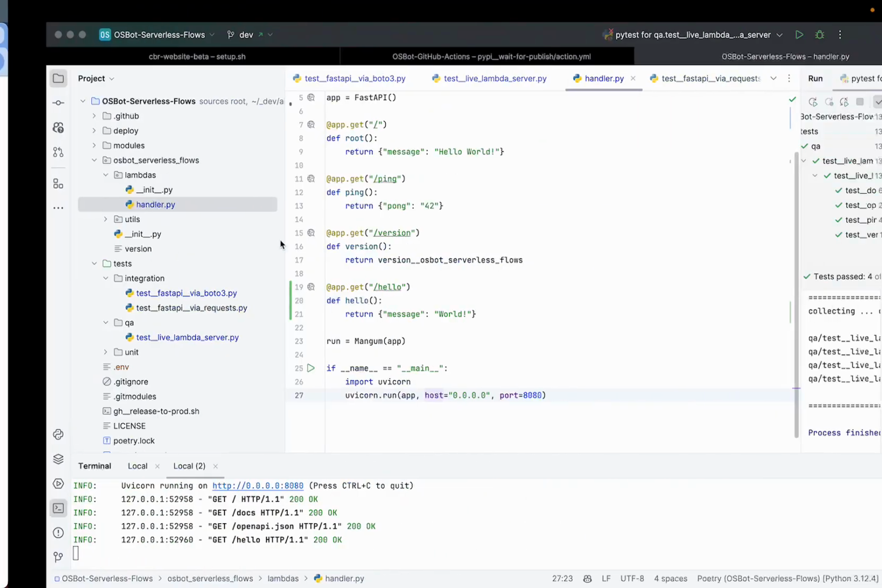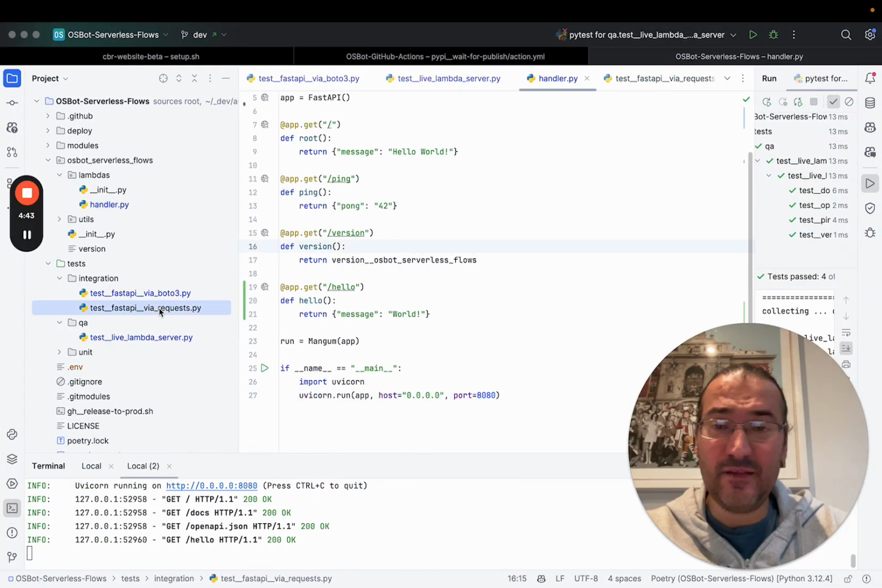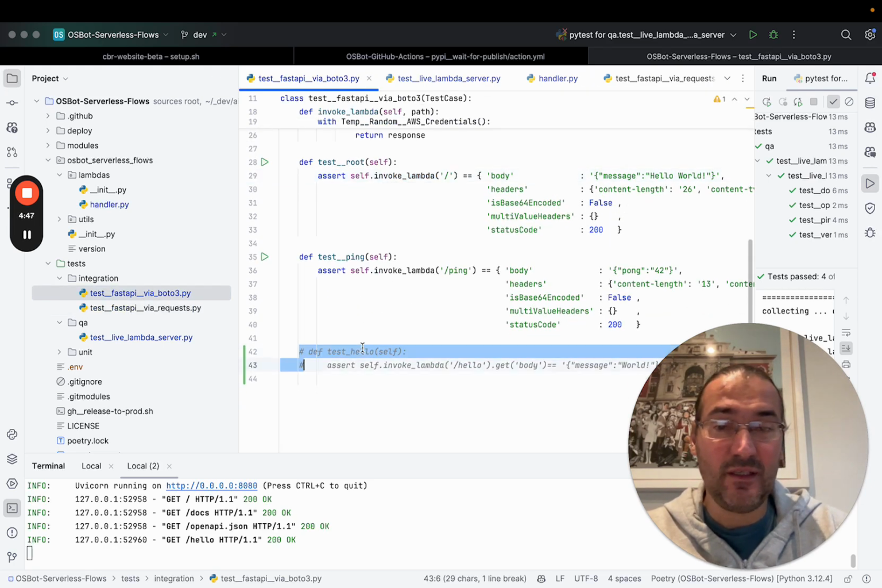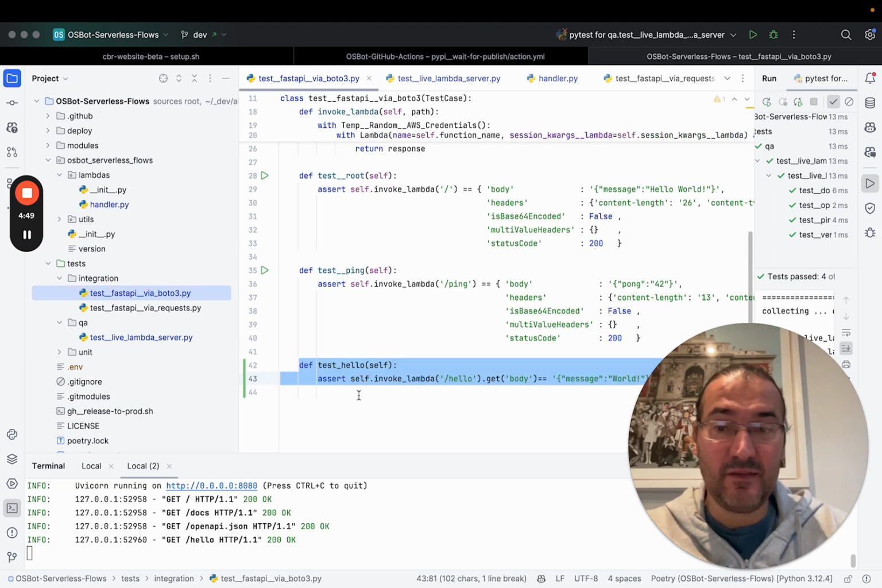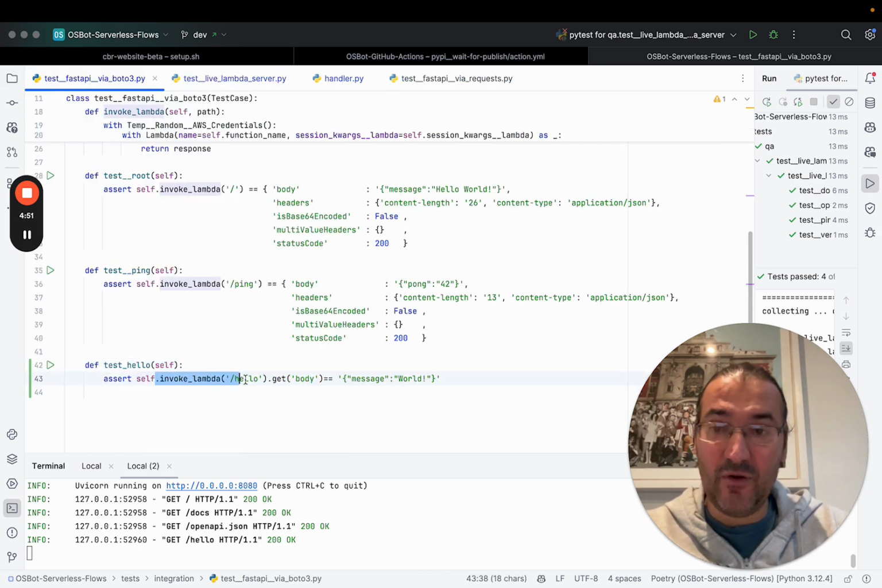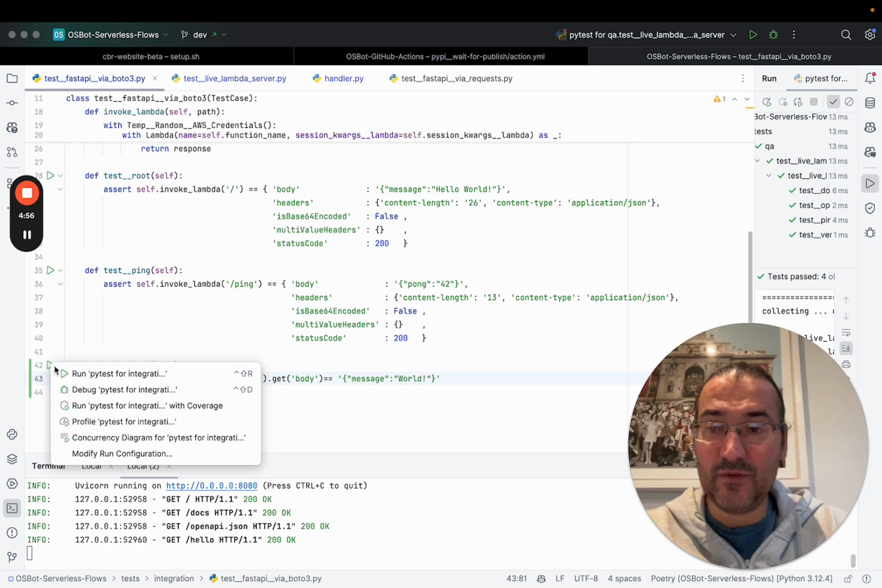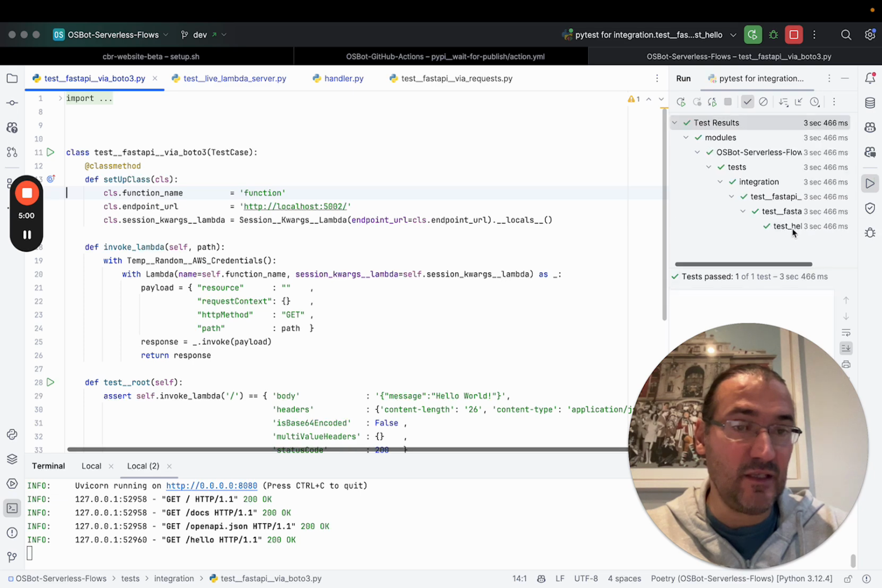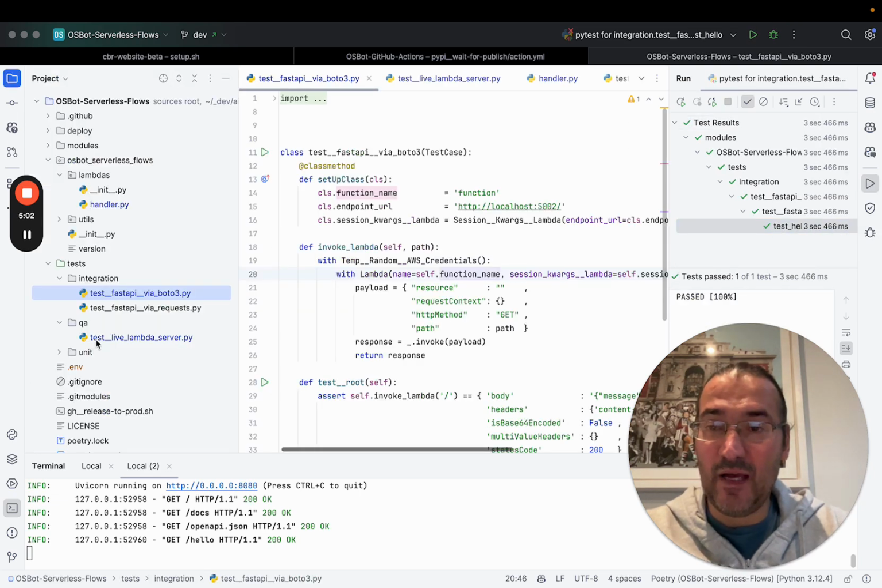So, and now before we publish, we always have to write tests. So let's just add a quick test here via Boto3. So you can see all I'm doing here is basically invoking the function here, right? And I confirm that I get hello world. So let's run this. That test should pass. There you go. And let's also add a QA test,